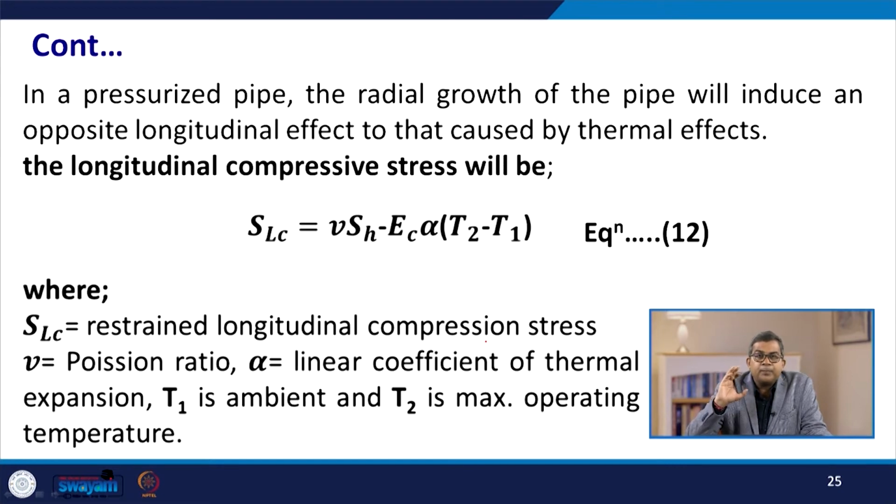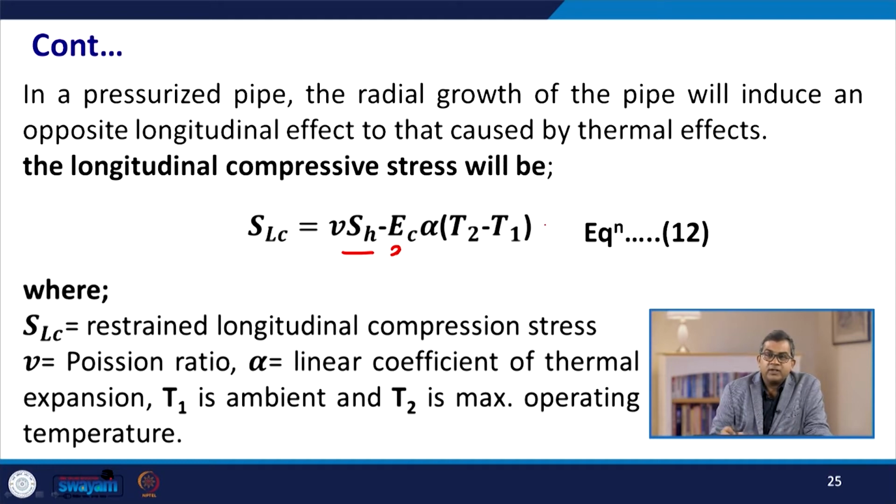Now, in the pressurized pipe, the radial growth of the pipe will induce an opposite longitudinal effect to that caused by the thermal effect. So, the longitudinal compressive stress would be SLC is equal to V SH minus E alpha (T2